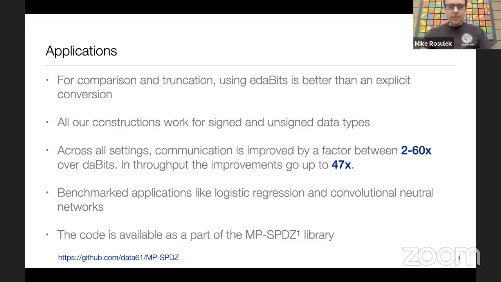Okay, great. And I think Antigone also has a question that she can ask. Yeah, thanks, Mike. So which comparison protocol are you improving upon? Was it the one in ABY, or which one are you comparing against for these numbers?